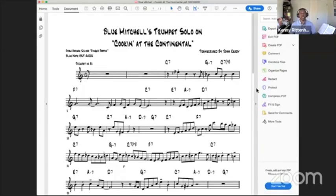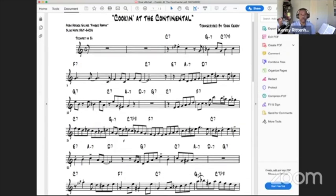Okay? Let me see what I have pulled up here. Here's another great Blue Mitchell solo, Cooking Out the Continental. Oh my gosh, Horace Silver's Finger Poppin'. That's another great record. And this is fast, so it's like that. But if I just play it,